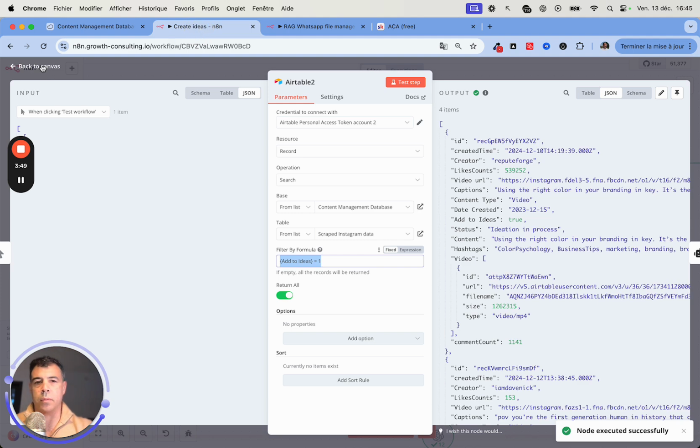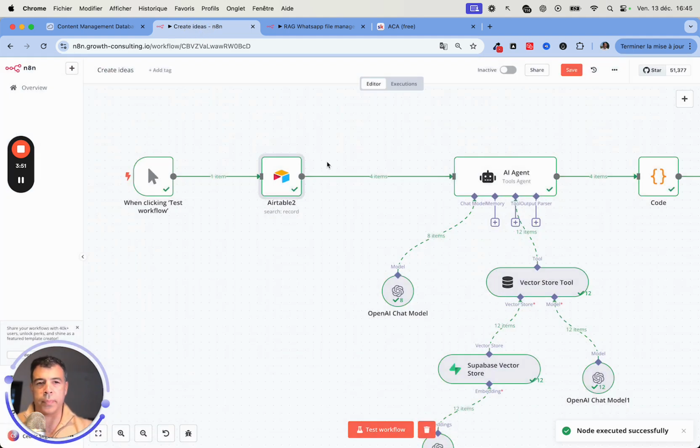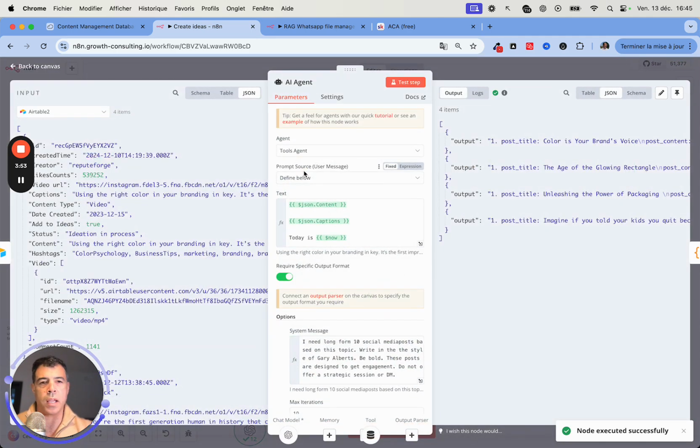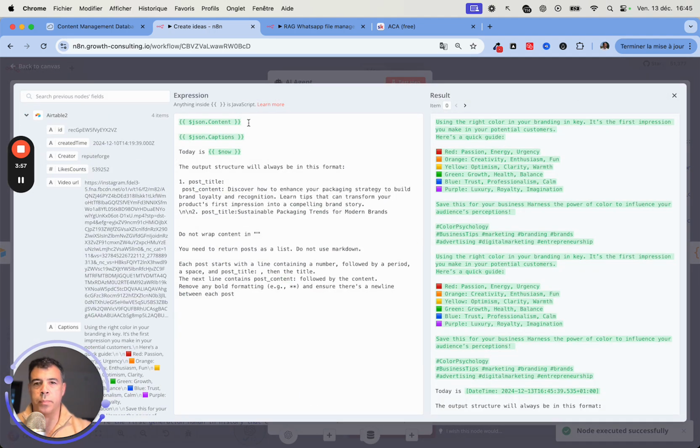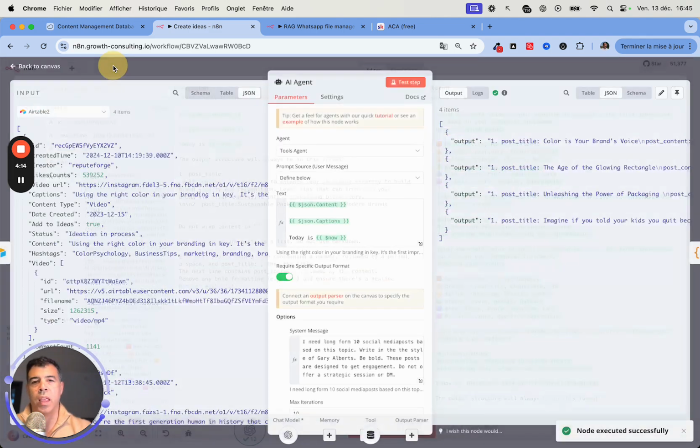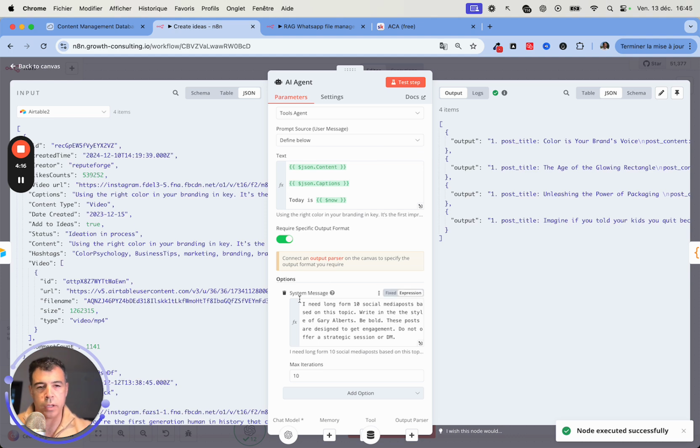Next, what we want to do is just use an AI agent. This is a tools agent, and we are just passing the data, so JSON content, JSON caption. We are giving today's date because sometimes those posts are time sensitive. And then here we just give it the actual output format that we want. And then in the next section, in the system message,